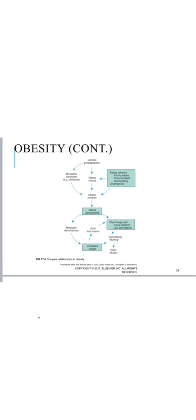All right, so obesity, there's lots of relationships in obesity, as we all know. We have that genetic predisposition, we have metabolic diseases and variants that can affect this, that family habits, cultural habits, okay? All of this can lead to obese infants and obese children. This graph, I think, is off a little bit because of our culture and our society and way it's working now. It's saying obese children also have some of those